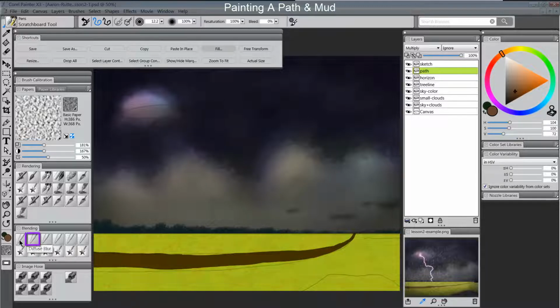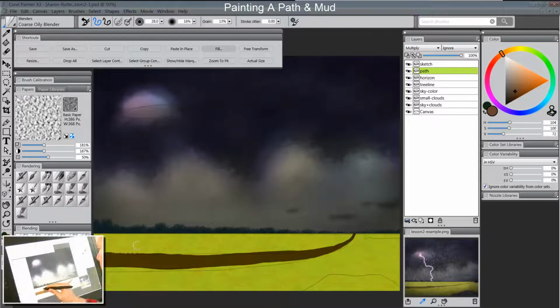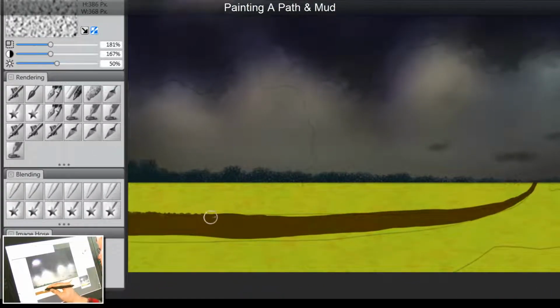Let's use the coarse oily blender first to blend it, and we want to blend just with vertical strokes up and down. And what that's going to do is make the edge look kind of jagged, like there's grass growing next to it and overlapping it. So I'm just going back and forth, up and down, up and down. You don't want it to get too jagged, and you want it to get less noticeably jagged as you move into the background. So right about here, I'll stop blending it that way, and I'll move down to the bottom side,